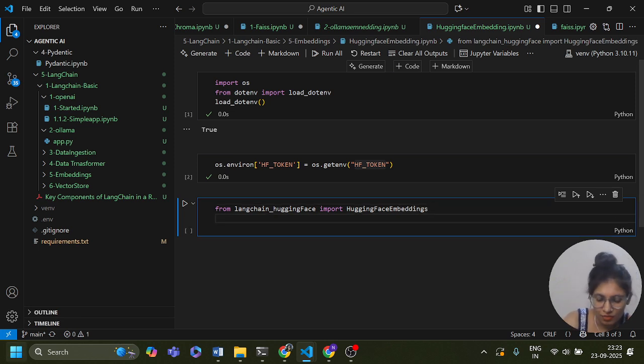Okay, now embeddings equals Hugging Face embeddings. Here I am going to keep our model name. So model equals